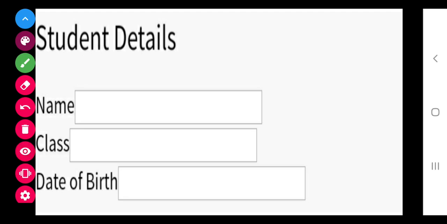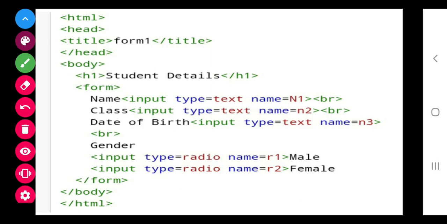Now class, the next element I have added is that I want to give the student the option to click on male or female. So class, you see here, I have used the radio type.